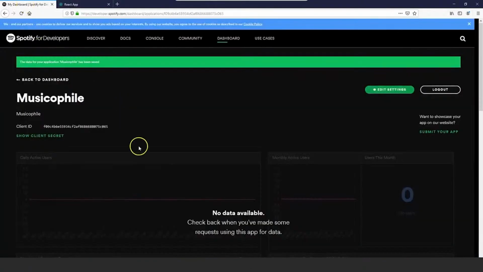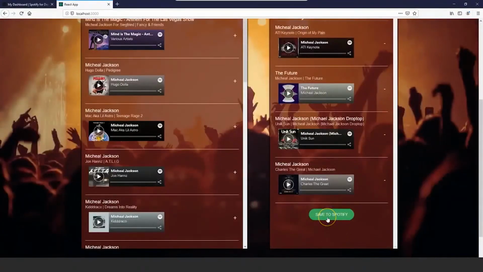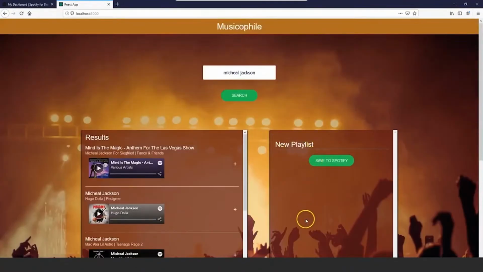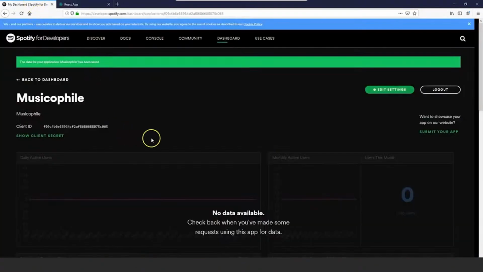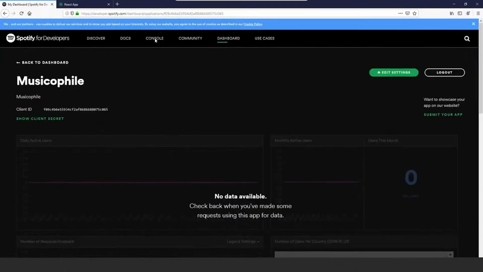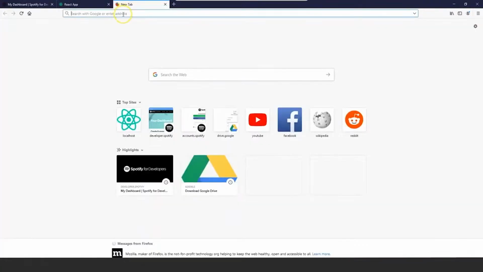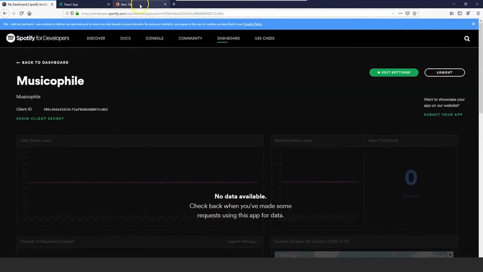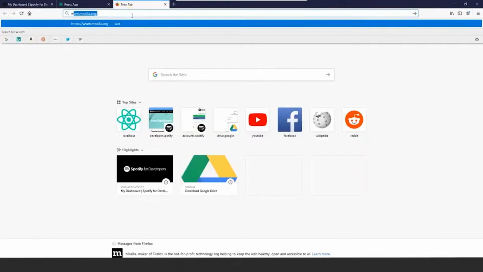If I go back to the dashboard of my musicophile application that I created in the developers portal of Spotify on developers.spotify.com, it's blank. So now I'm going to click on save to Spotify, and that clears the playlist. We saw that it actually got successfully connected. This was the development app that we created on the developers portal of Spotify. Now we will go to